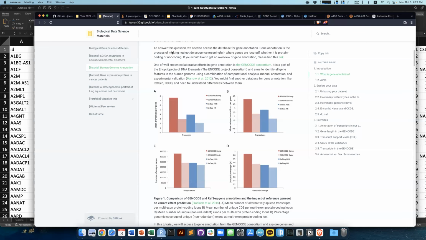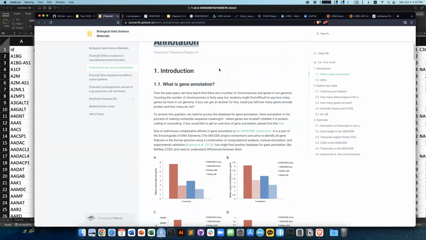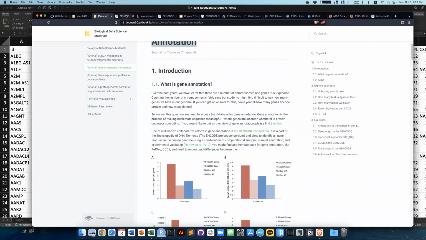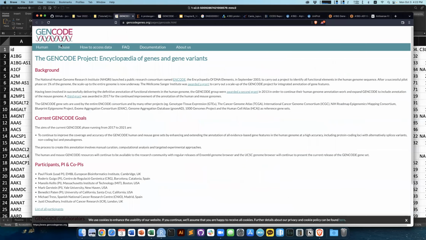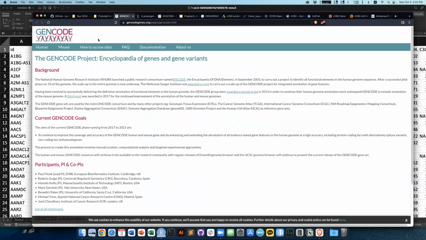Okay, so there was a brief shot of the GENCODE data set. What we have to do is go to the GENCODE consortium page. If you click the GENCODE page, then, as with other databases, we can read the information about GENCODE. So what is the GENCODE project? This is an encyclopedia of genes and gene variants, right? They have backgrounds. They say